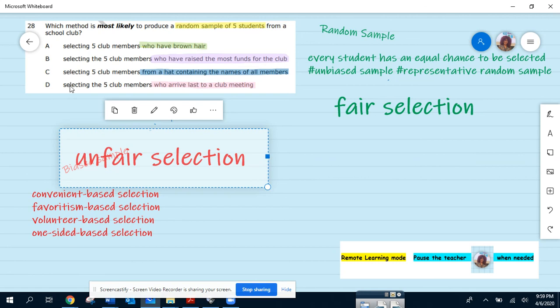But let's read the last option also: students who arrive last to a club meeting. This is also a convenient or a one-sided selection, but it is